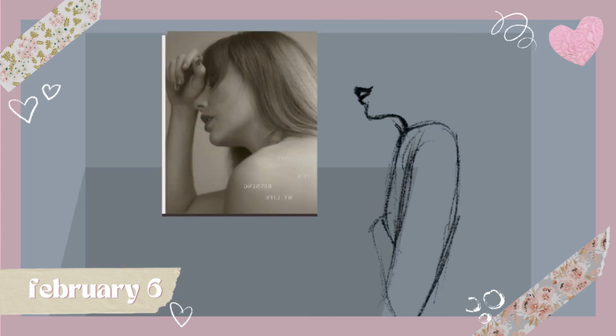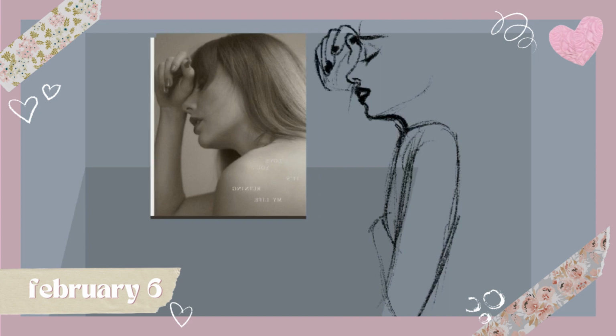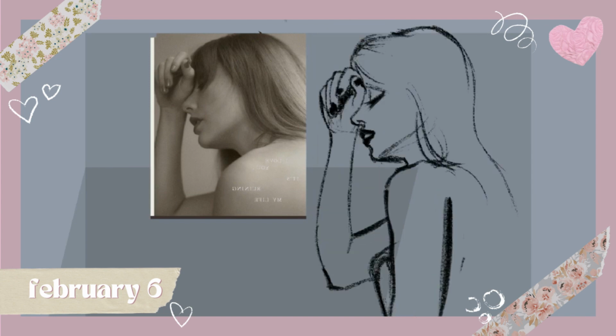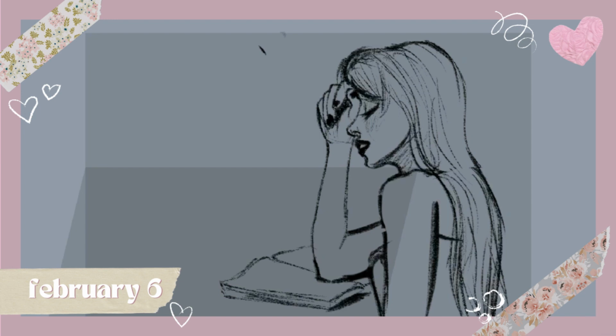On February 6th, I wanted to draw another piece inspired by the album. I referenced one of the photos she had released, but I really allowed myself to get inspired from the snippets we know about the album and its aesthetic so far. After scouring for some desk photos on Pinterest, I decided what I wanted the piece to embody. The chairman of the Tortured Poets Department sitting at her desk while she...